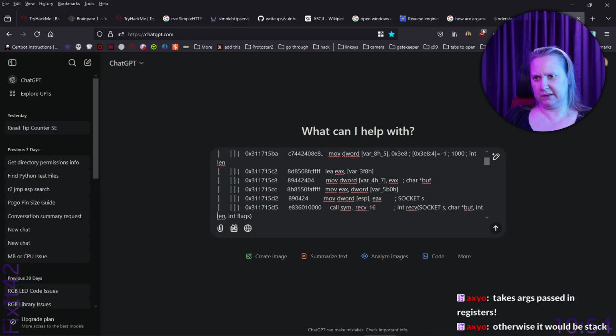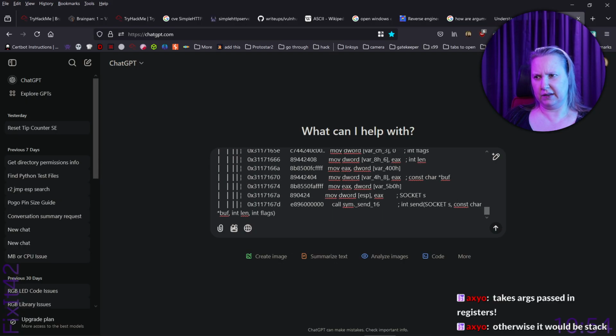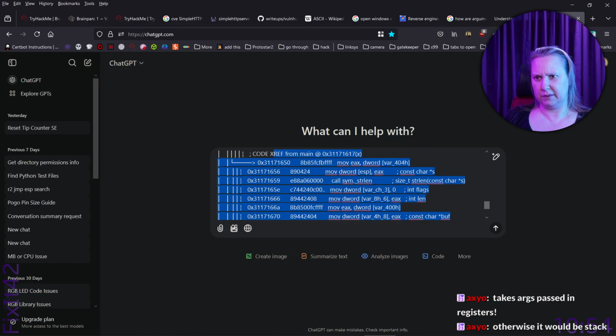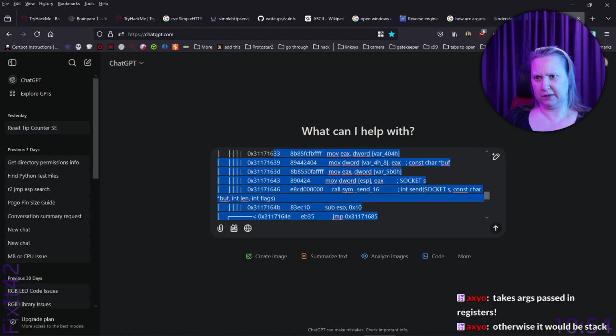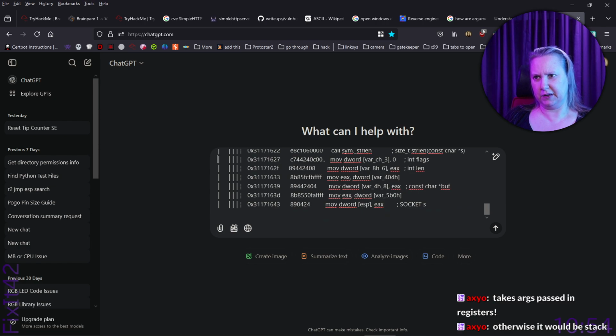And so why are there two sends? So where's the other send there? So in this bit of code here,